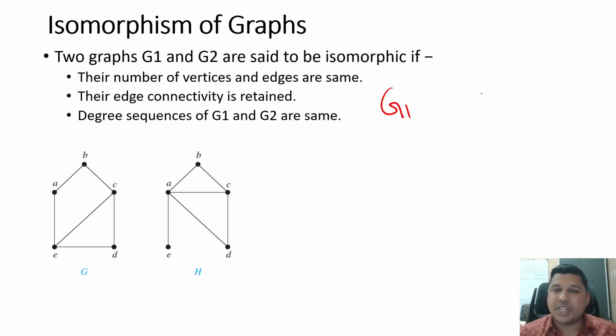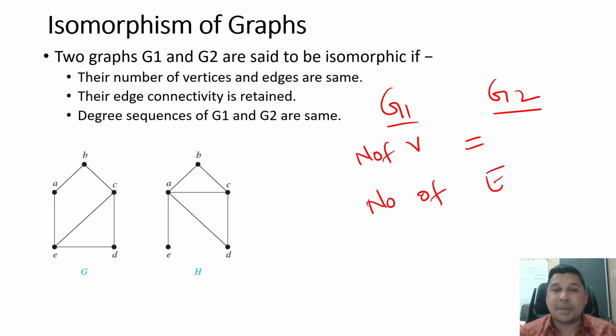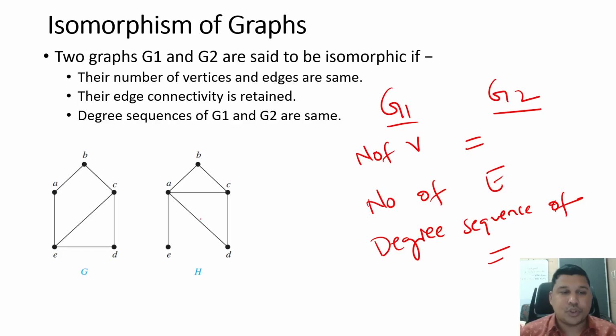If I have graphs G1 and G2, they are called isomorphic to each other if the number of vertices is the same in both graphs, the number of edges is the same in both graphs, and the degree sequence of both graphs is the same. So if you see this example here,